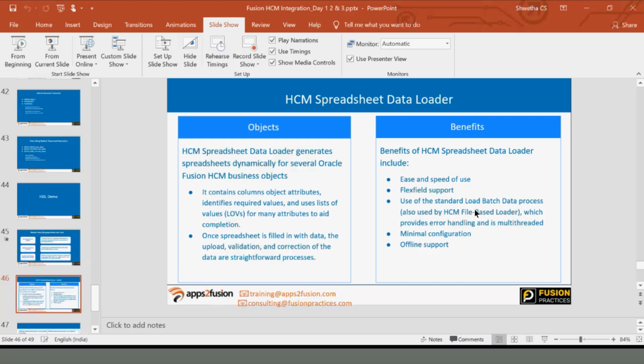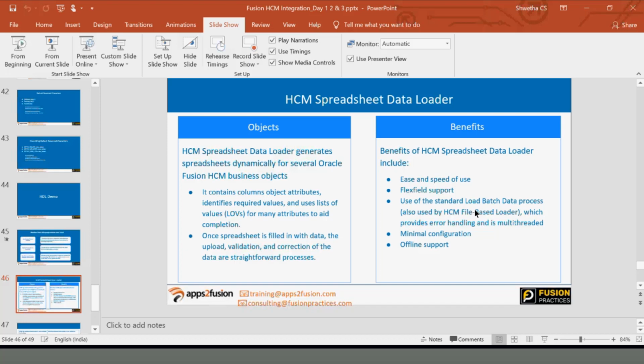For example, when you upload a file and it gets an error, if you want to correct it, you can do that in the same file. The benefits of this spreadsheet loader are that it is very easy to use and understand, it supports flex fields as well, and it requires very minimal configuration setup.